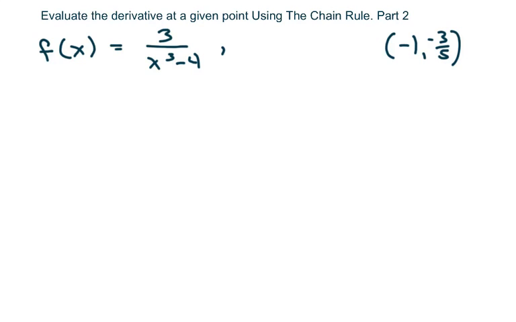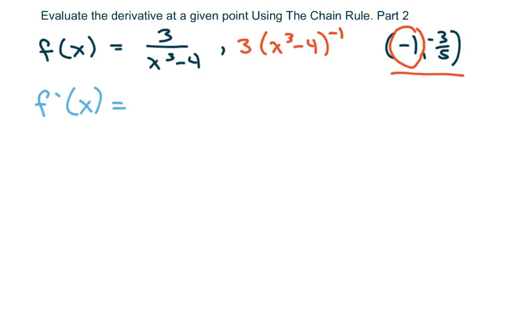Hi everyone, we're going to evaluate the derivative at a given point, which is this one right here. We're mainly going to be looking at the x, plugging that in, and we're going to use the chain rule. So first thing we're going to do is find the derivative, and since there's just a simple numerator, I'm going to rewrite this as 3 times (x cubed minus 4) to the negative 1, and then just use the chain rule. So basically we're going to take the derivative of f,